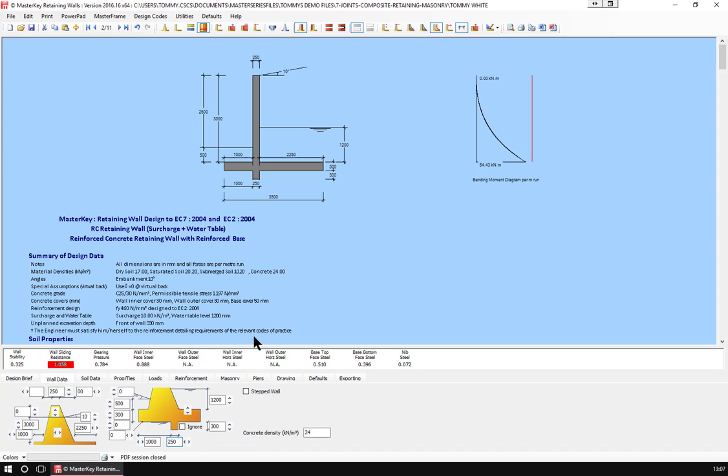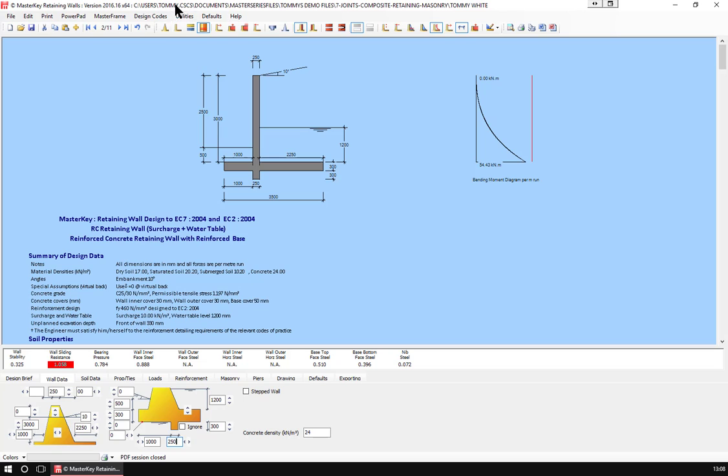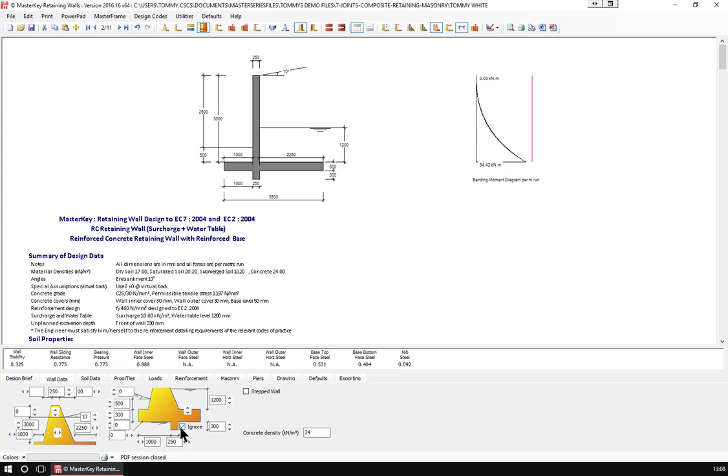Now the problem with the nib is that we can take an increased passive resistance, but our active pressure increases quicker at the start, so it's actually detrimental according to the methodologies in both 8002 and EC3. So most people don't use nibs nowadays, or they put them in, and from an analysis point of